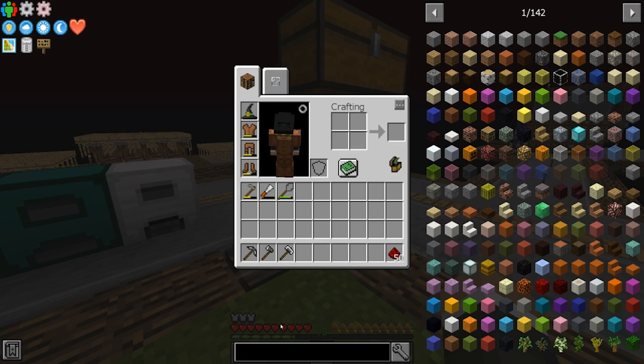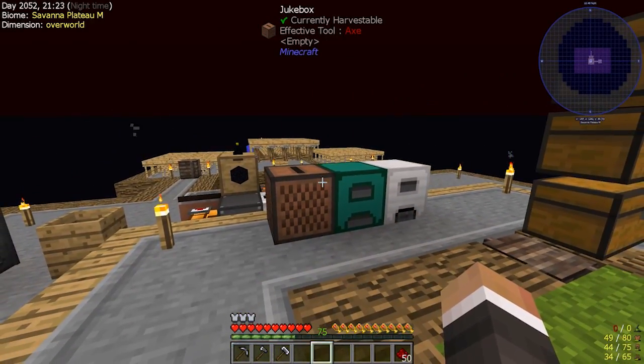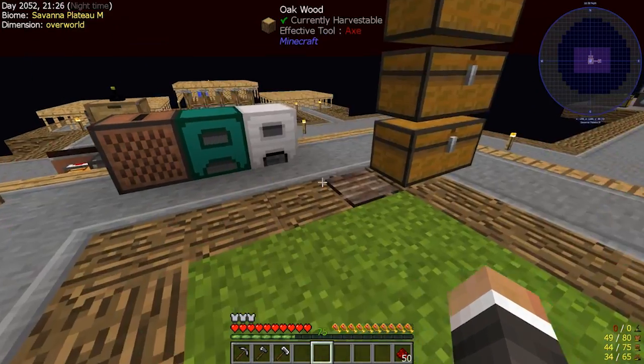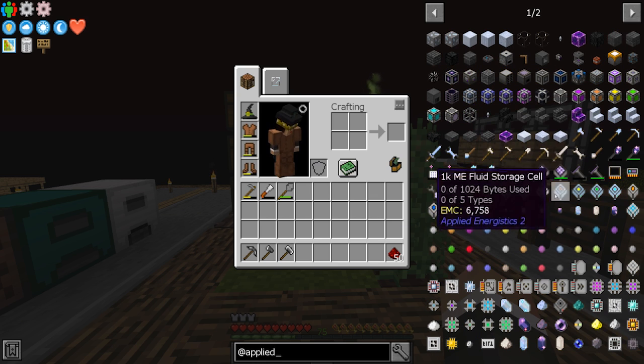And so before we jump into auto sifting, before we jump into automating the resources, I want to start by automating and upgrading our storage system, right? And to do that, I think we should jump in with a little bit of Applied Energistics 2. Now, Applied Energistics 2 has been tweaked a little bit in this pack. I mentioned it a bit in the previous stream, but if we go over to @Applied Energistics, you'll see that,